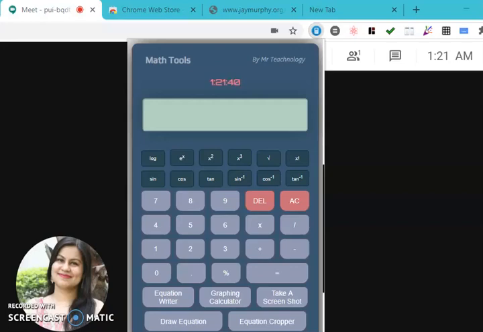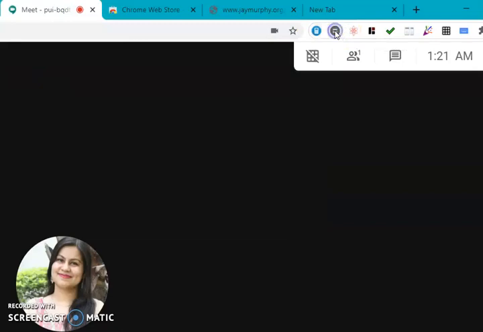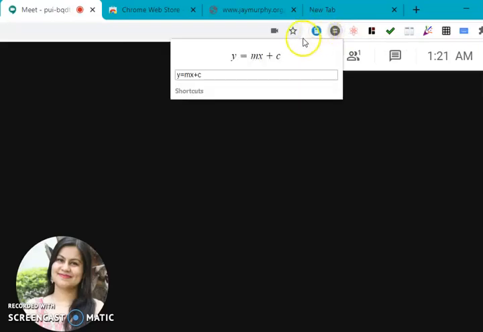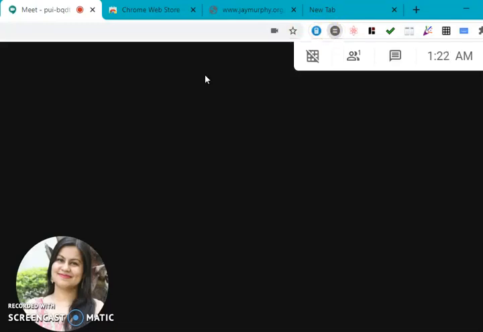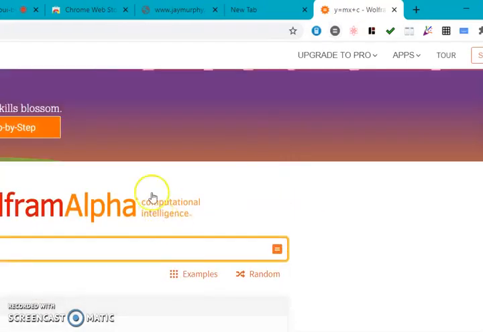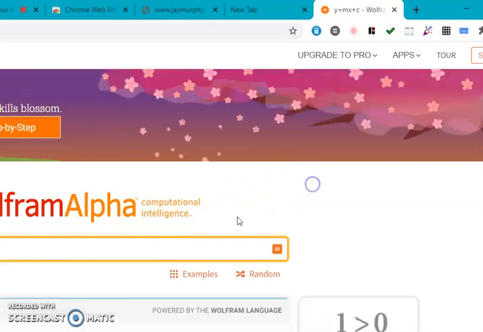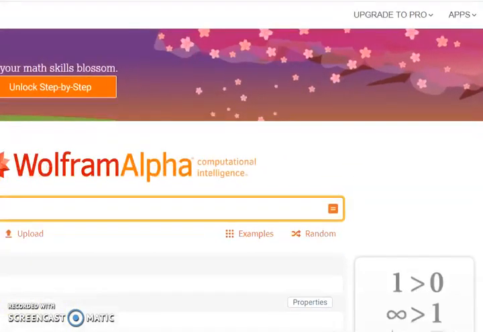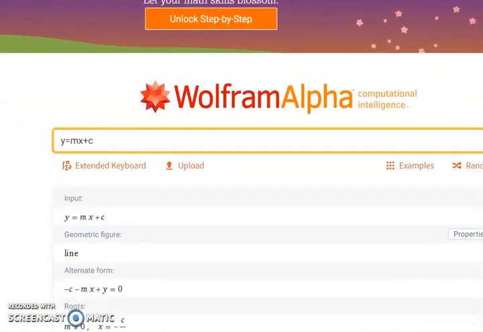Now one more tool that I have for mathematics is Quick Equations. I will share the link in the description box so that you can clearly get the names and links for each of these tools. What you can do with this tool is directly enter any particular equation and click enter, and it will take you to a page that shows you the entire details about that equation.